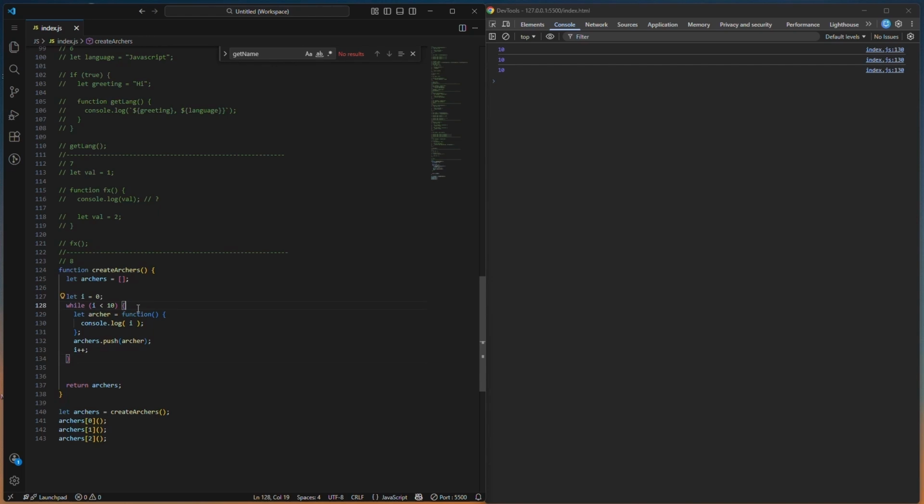अगर हमें इसको फिक्स करना है तो सिंपल हमें एक काम करना चाहिए था, इसके स्कोप में एक नया वेरिएबल क्रिएट कर दो, लेट जे, जिसकी वैल्यू आई हो, और हम इसको कह देते हैं कि आप जे प्रिंट कराओ। ठीक है, अब क्या होगा, लेट्स सी, 0 1 2। अब ऐसा कैसे करेक्शन आ गया, क्योंकि अब इसको अपने आउटर लेक्सिकल एनवायरनमेंट के बारे में पता है, तो इसको उस मोमेंट के बारे में पता है कि जब जे की वैल्यू क्या थी। तो जे की वैल्यू वो थी उस लूप में चलने के दौरान।